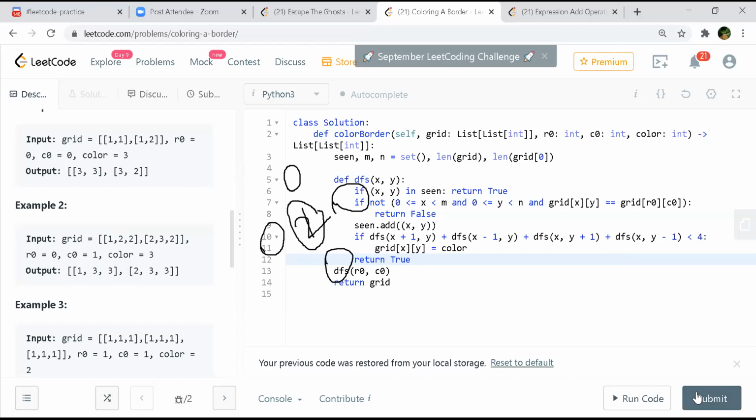But if you are on this 0, the one on the top of this cell, and you come here, you don't see that on line 6, it's not in the scene. They'll come inside that if, right? You will never reach this 0. We are calling with this index as the first element. So when you're calling DFS with 0, this will directly return false. When the DFS call went with this element, you will never reach lines 9, 10, 11.